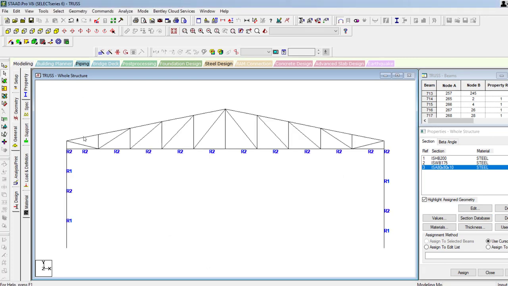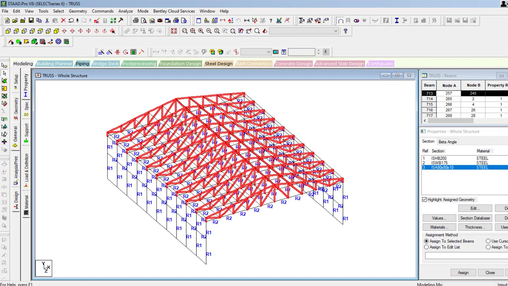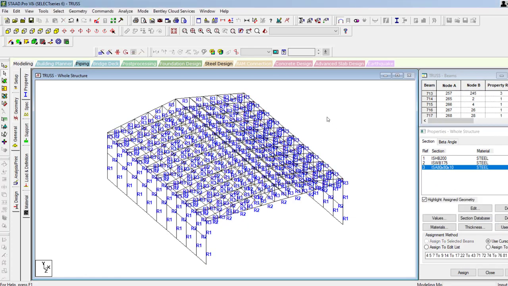Click on the front view and then add the rafter portion. Next, assign to selected parts.